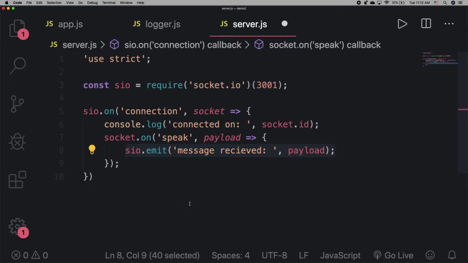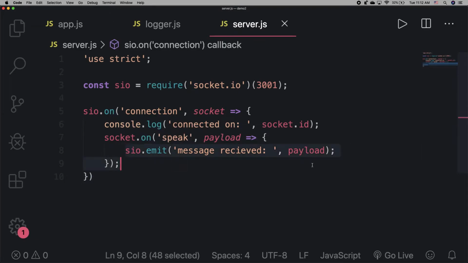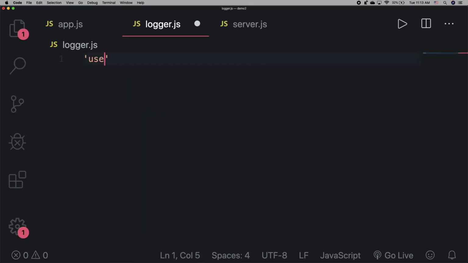Done here. Save this. Let's go to the app. Just keep thinking about it. When we get to the logger, I will show you how this will work with the server. You know what? We can do the logger quickly. I can do the logger now, so you don't forget where we are going, right? How about, yes, logger. So logger, same, JavaScript, use strict, and in here, first of all, same,